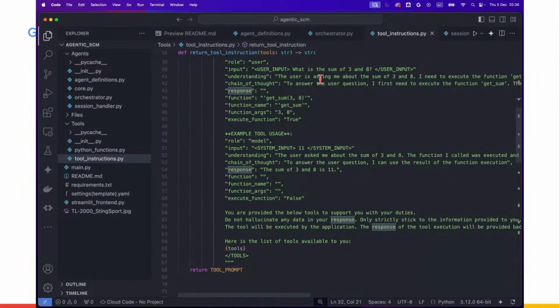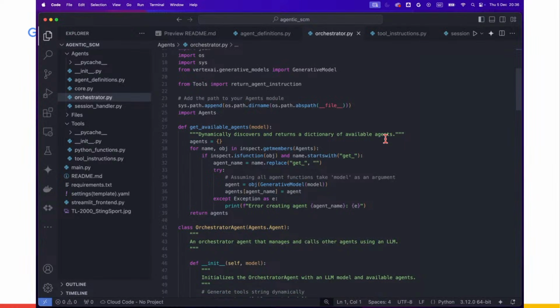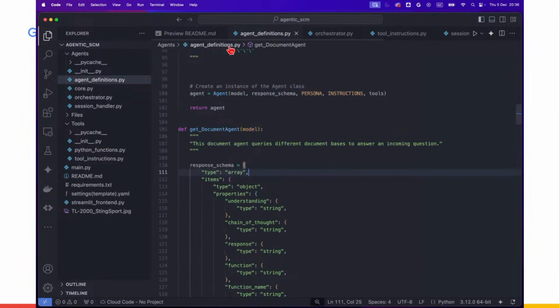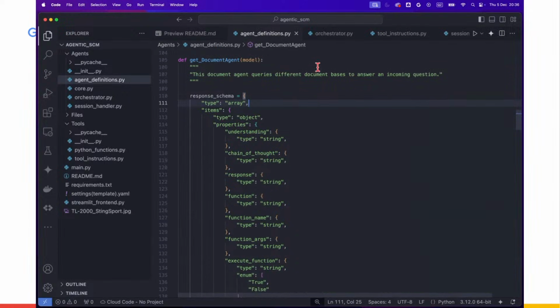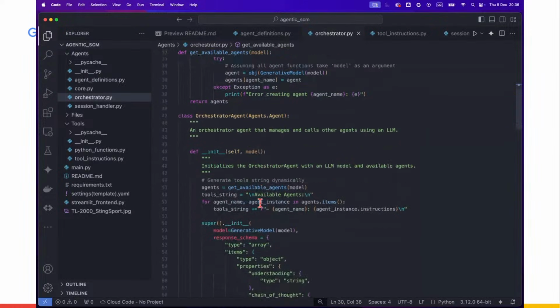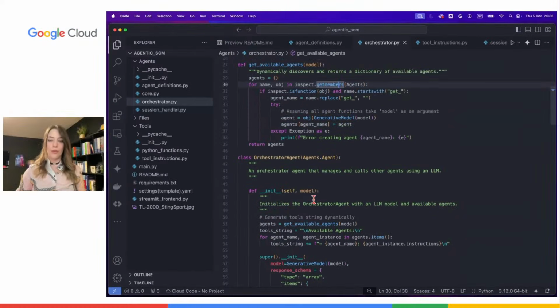All right, before handing over, let me also look into the orchestrator here. So this is how the main orchestrator is set up. Essentially what it does, it dynamically discovers all of the agents that I'm defining here in my agent definitions. So the only thing I need to do is define a new agent in the same format, and the orchestrator will be aware of the agent and from the descriptions also understand what the agents are doing. So it's fetching these agents, and then it's the orchestrator's task essentially to understand, do I need to call an agent, or can I just answer a question myself, or is maybe the question out of scope for the use case I'm handling? All right, that's for how everything is implemented.